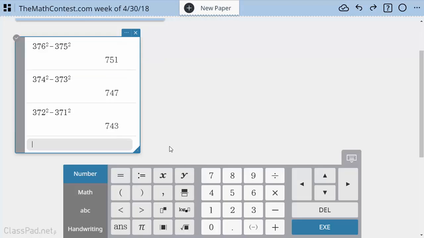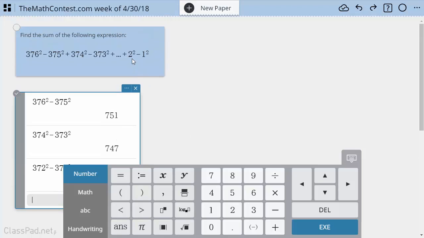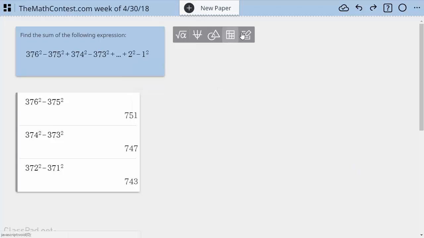Okay, I'm seeing a pattern. Are you seeing a pattern? It looks like we're dropping by 4, we're dropping by 4. I anticipate this is going to continue all the way down to 4 minus 1, which will give me a 3. So using another little sticky note here,